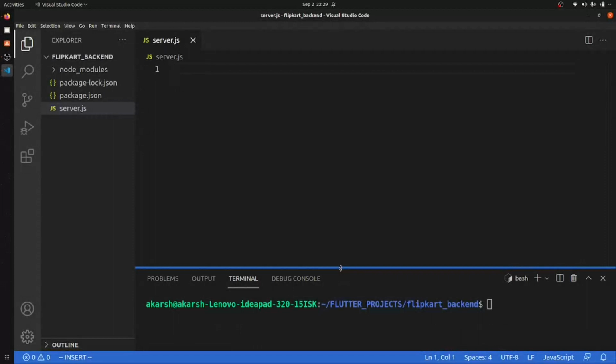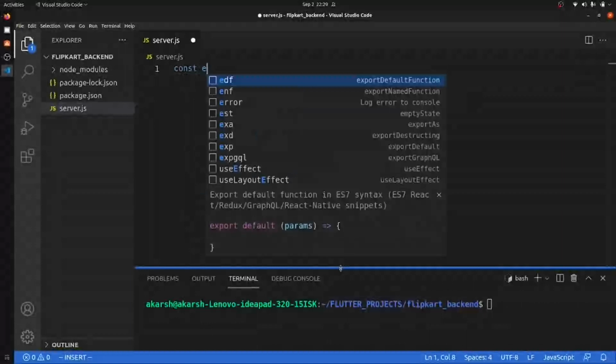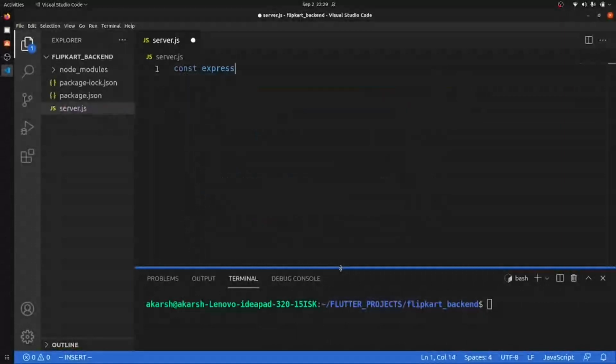Okay, so firstly we have to create an application. We will start with const express, and then we will require express.